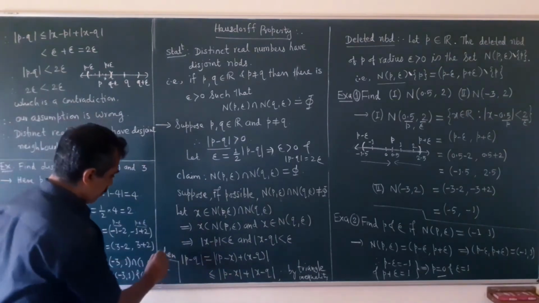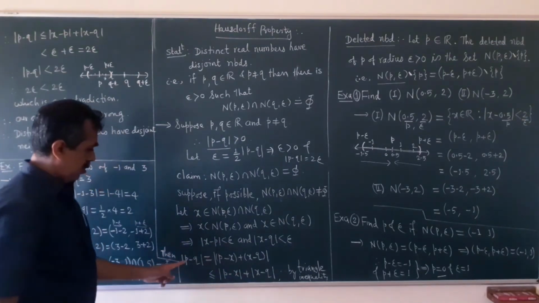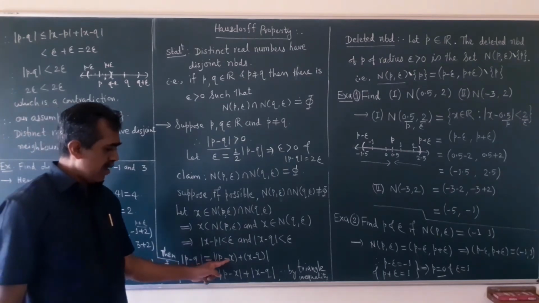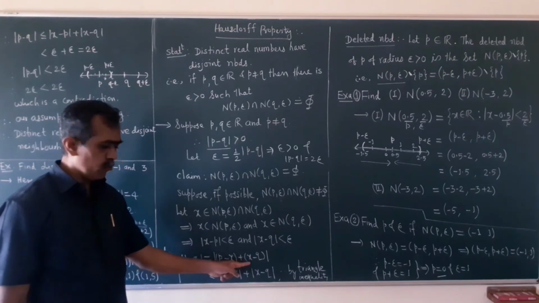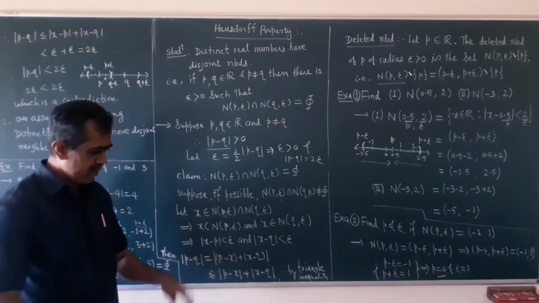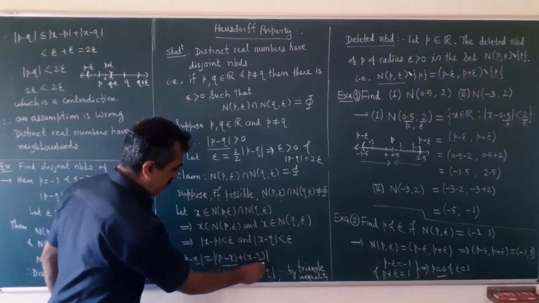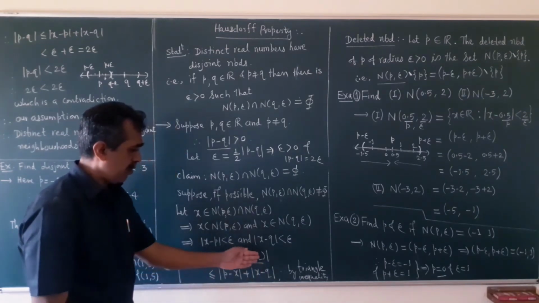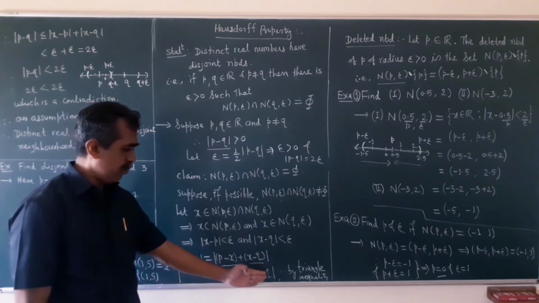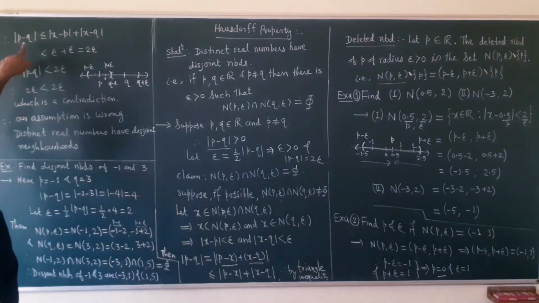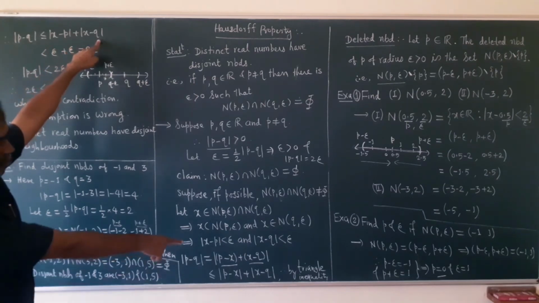Okay. Then what is mod of P minus Q? Mod of P minus Q is equal to, I will subtract and add x, minus x plus x. Okay. Then use the triangle inequality on these two. This is A and this is B. Mod of A plus B is less than or equal to mod A plus mod B by the triangle inequality. So what I have is mod of P minus Q is less than or equal to mod of x minus P plus mod of x minus Q.